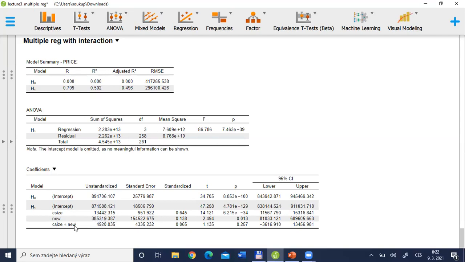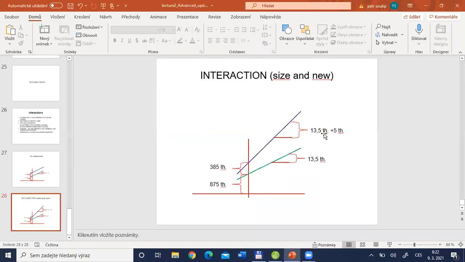Okay, and size multiplied by new is the added value per square meter to this coefficient for size. So it means that the slope for a new flat would be 13.5 thousand plus 5,000, so approximately 18.5 thousand. If I go back to my picture here, it should be even more clear, I hope,